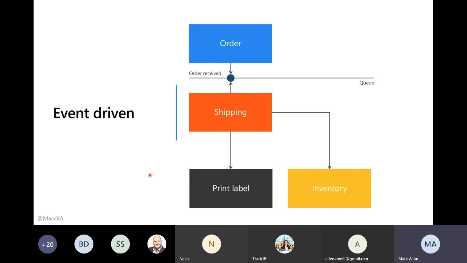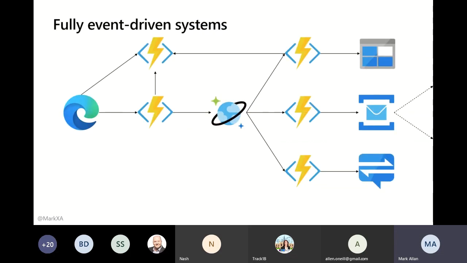So as a side effect of running event-driven, you can actually make systems that are fully event-driven. I've made a thing that does stuff here, but in theory, you could have a browser out here that calls through to an event-driven service. The event-driven service tells another event-driven service to wait for something to be done. It then fires off to a Cosmos database to save the information. The Cosmos database saves the information, and then its change feed fires off more services down here.